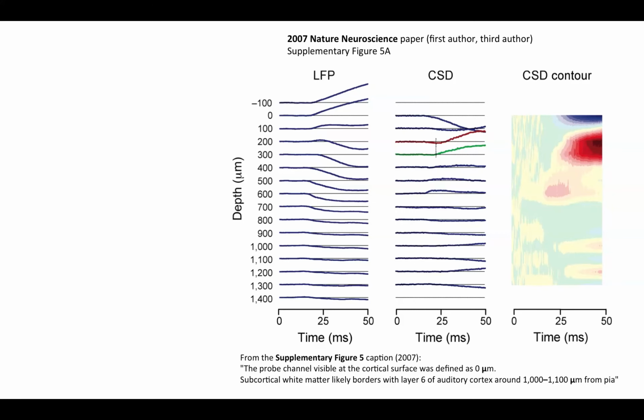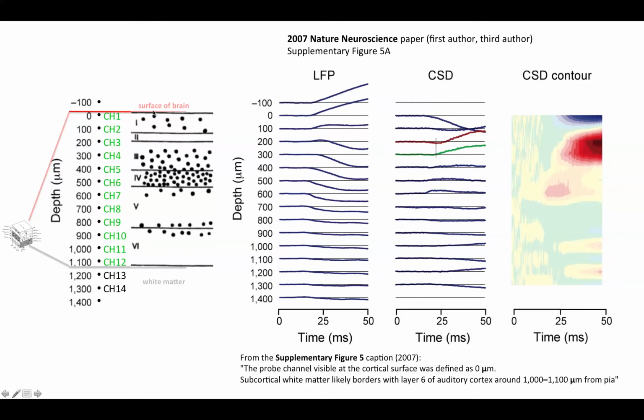Now here is the quantitative approach to representing the data and the experimental paradigm as was shown in the 2007 Nature Neuroscience paper. Again, notice that the analysis in the lab consists of comparing a trace at a depth of 200 microns with a trace at a depth of 300 microns. So their entire analysis throughout this paper, and really all of the analysis in the lab, has just consisted of comparing layer 2-3 with itself, which is really a meaningless analysis.